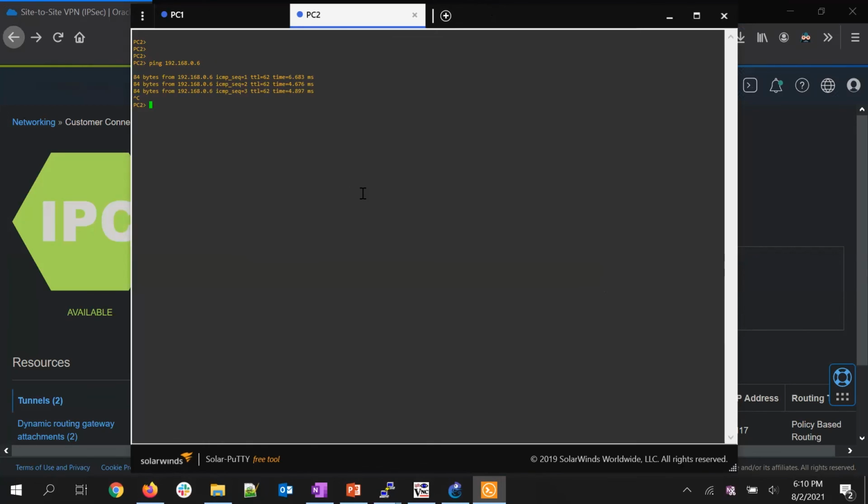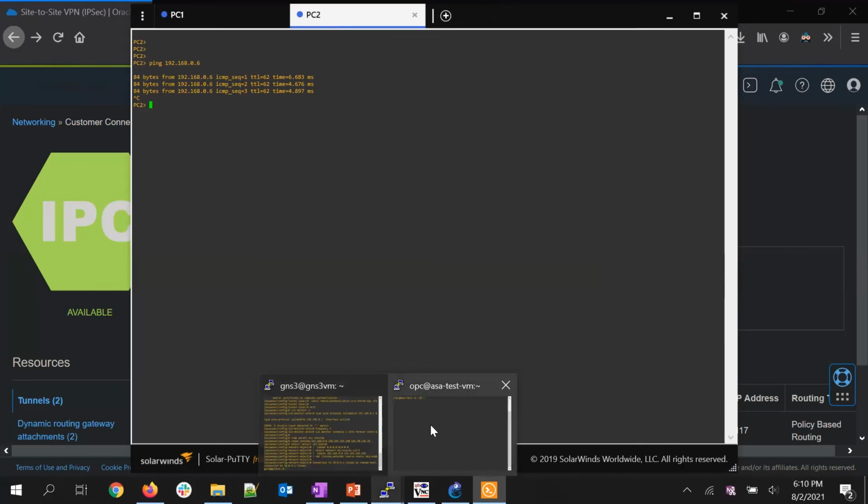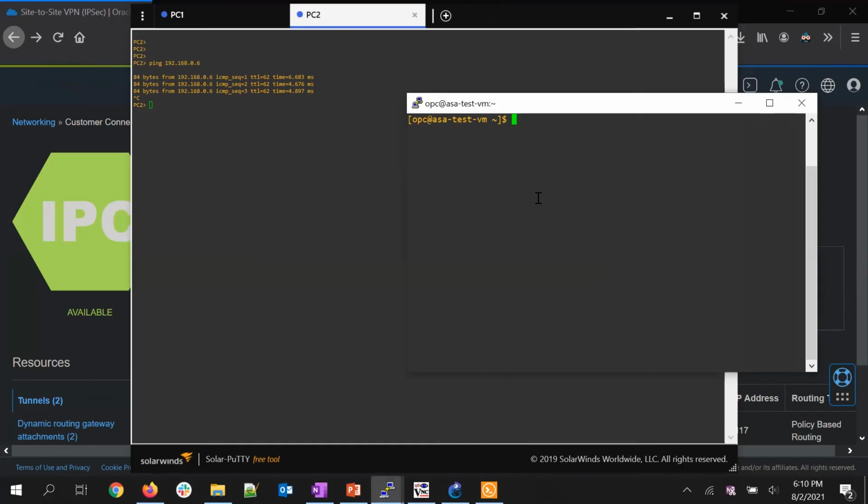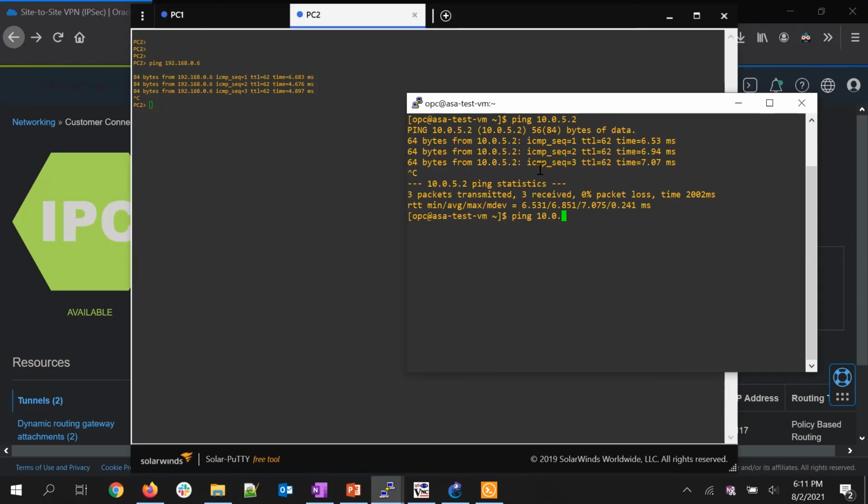Now we will try the other way around from OCI to our local host. This is my private host on OCI. I'm doing a ping to my on-premises host. This is working. And then to the host on the other network is working as well.